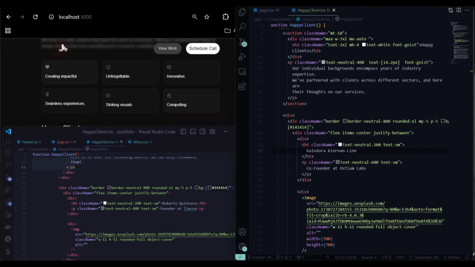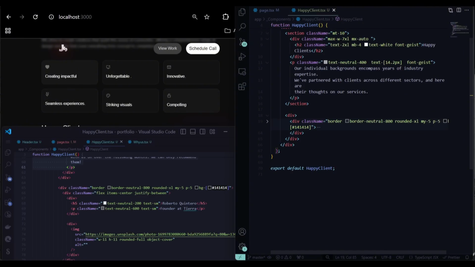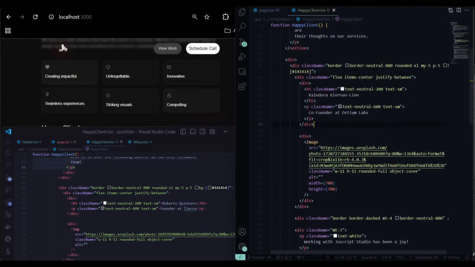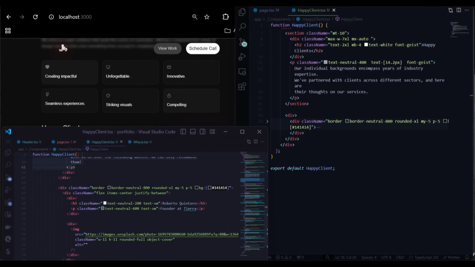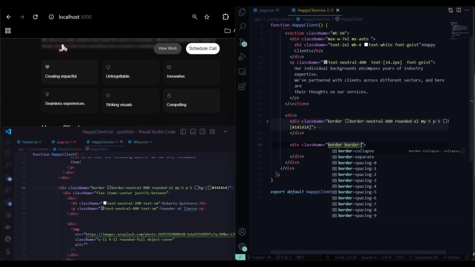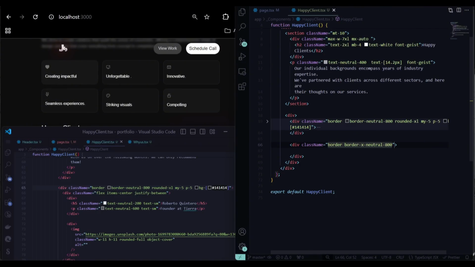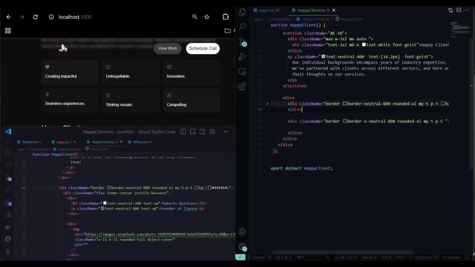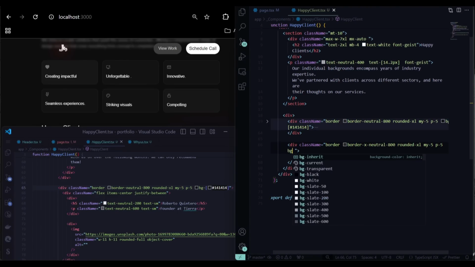Yeah, pretty much the same thing, but with a different text. So I'm just going to copy what exactly, okay, let me not copy, let me type everything. Okay, class name border, here as well, border to be neutral 800, and here we have the rounded extra large, and here margin top and bottom to be 5, and the padding to be 5 as well, and the background should be #141414,